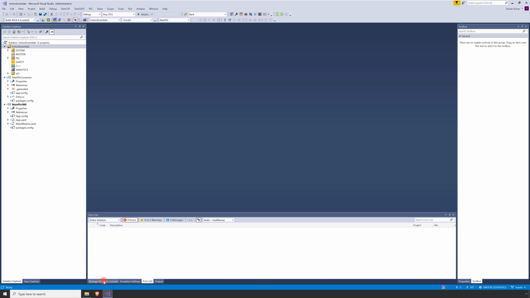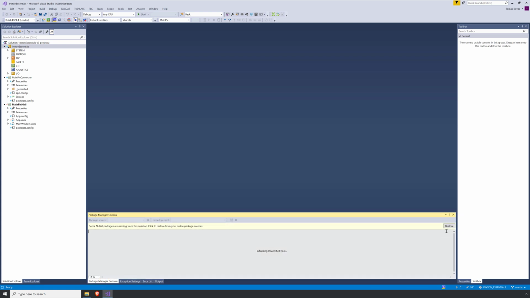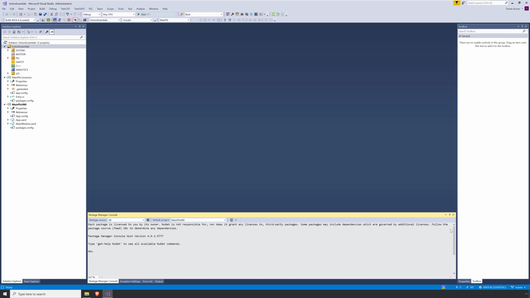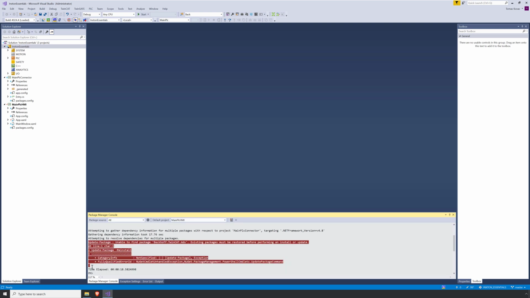Open Package Manager console and restore packages. Just to be sure, let's also update and reinstall packages. Check if the solution platform is set to TWiNKET Realtime 64 bits and if main PLC HMI project is set as the startup project.